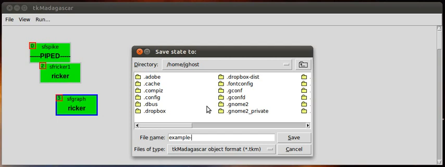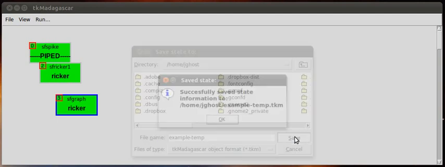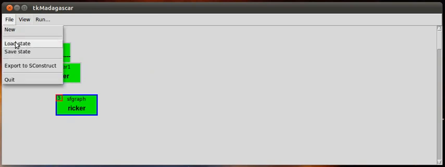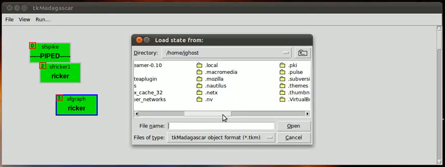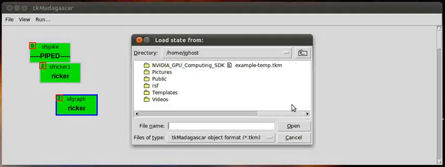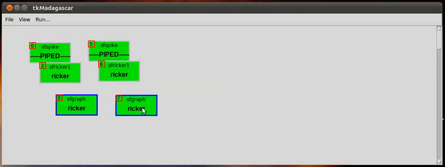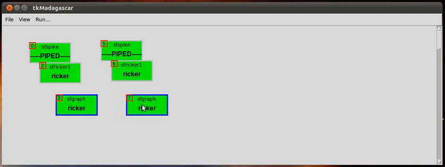And so in this case, I'm going to save them as example temp, and you don't have to use a template name or anything like that. You can use any generic name here. And once they're saved, I can then load that template, and I will have an exactly configured copy of these original flows, but they're uniquely identified, so I can reconfigure these guys